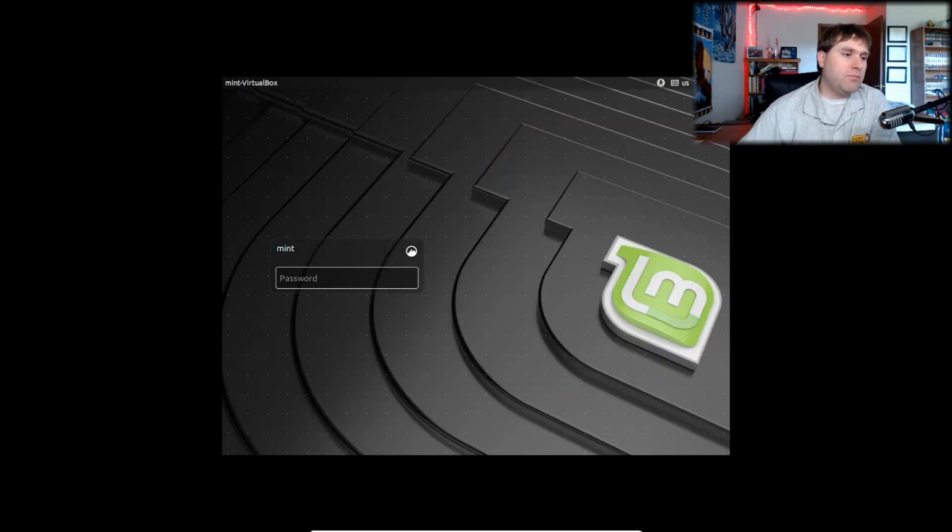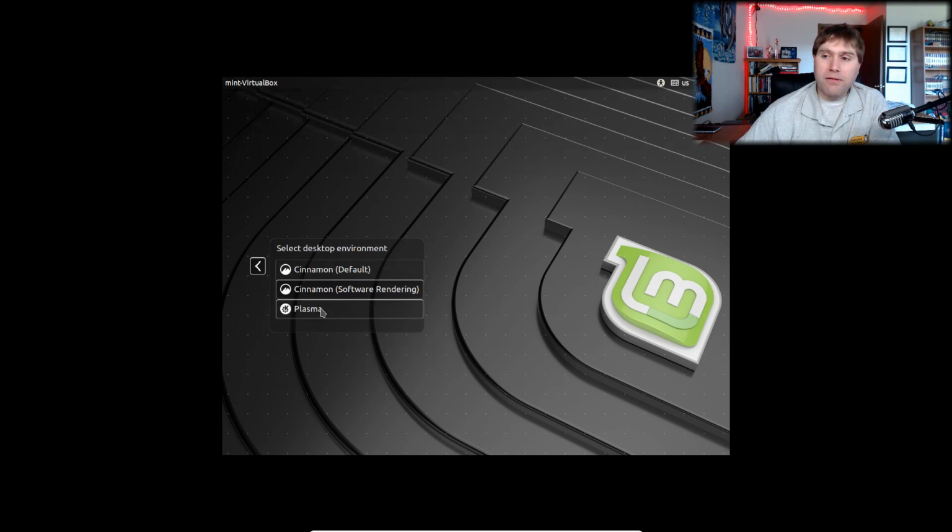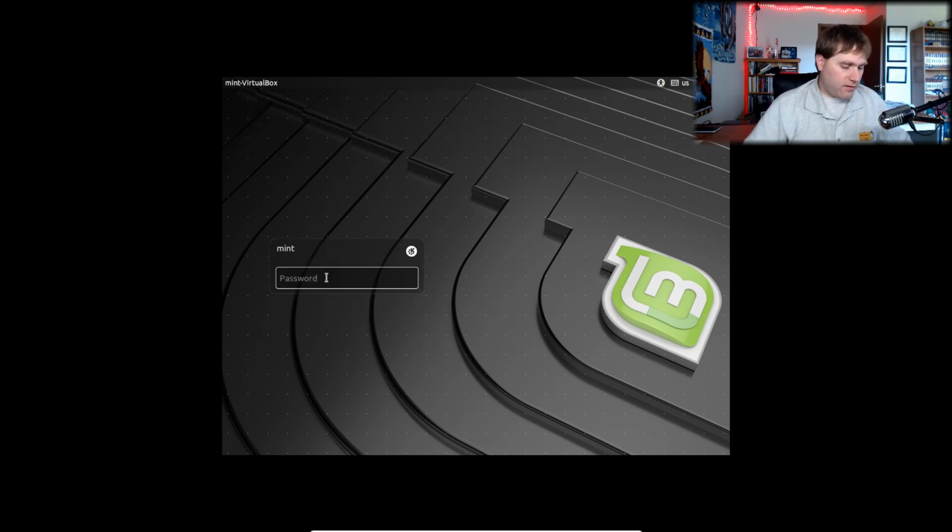Okay, so we are just about to boot up here. We're in the final stages of booting, so it's going to take us to our login screen. Only now on our login screen, we should have the extra option to boot into Plasma as well. So there is our Cinnamon. Now we have our Plasma showed up. So go ahead and enter our password, and we should see our Plasma boot splash screen here as it boots